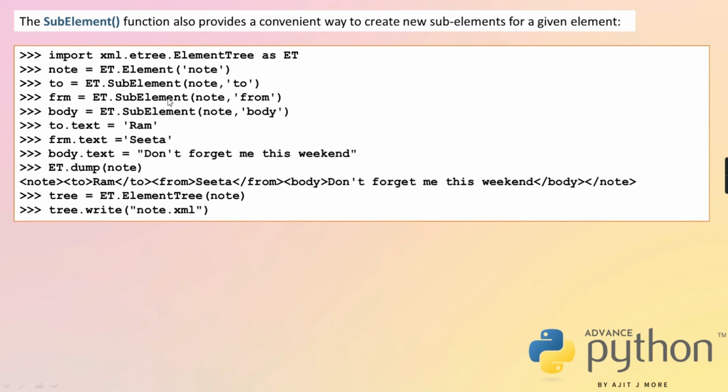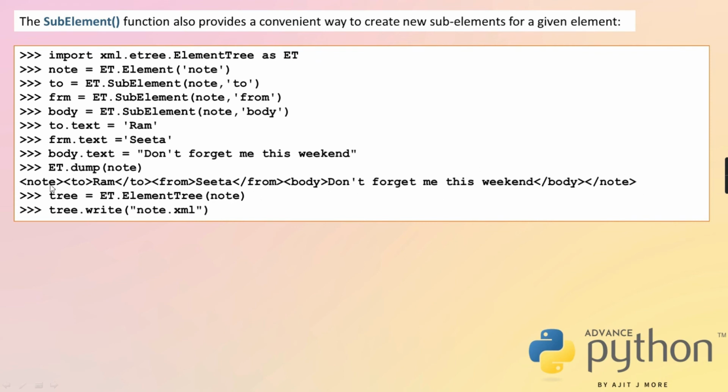So how do you do it? By calling the function SubElement. And to that you have to tell whose child these are going to be. So pass that parent element to the function, and the tag name. Later you can give the text to it, and it will return the reference of that child element. Whatever child element is created, it returns a reference of it. Okay? And if you want to see what tree is created till now, meaning what XML document is created till now, you can just call dump. It converts this whole thing into an XML string.